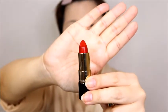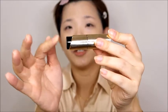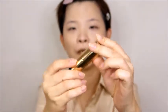For the lipstick, the way you open it is also very special and unique. You basically just have to twist it, and then the lipstick is open. This is the color that I've got, a very classic red color. To push it back in, you just push until you hear a little snap sound. It means the lipstick is firmly and safely put back into the casing,